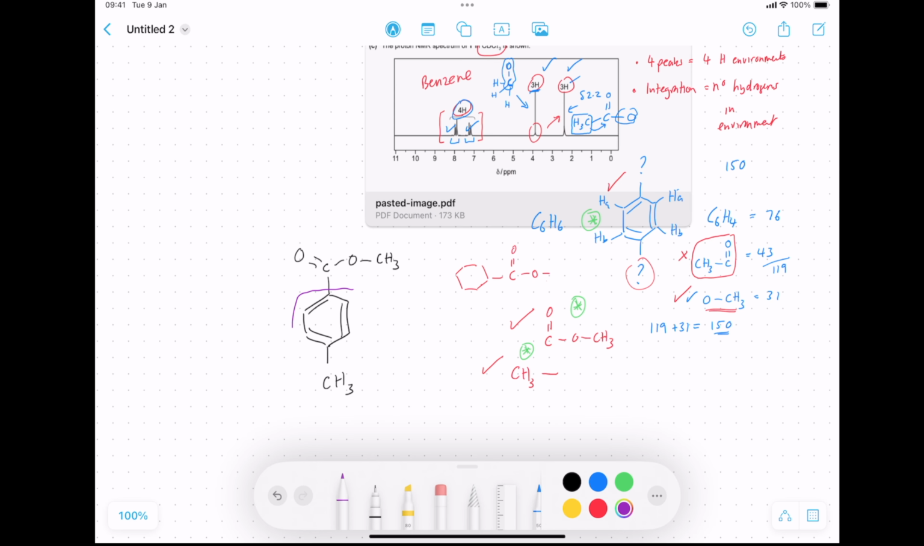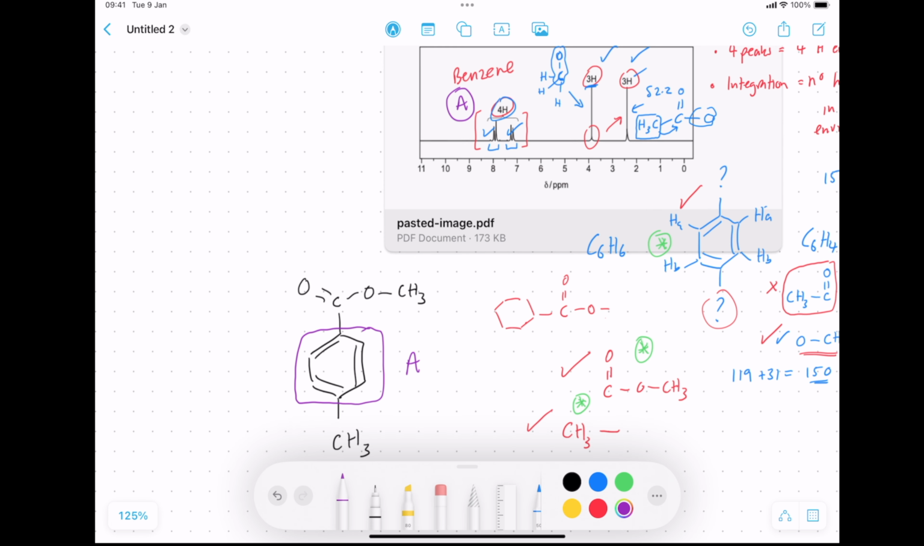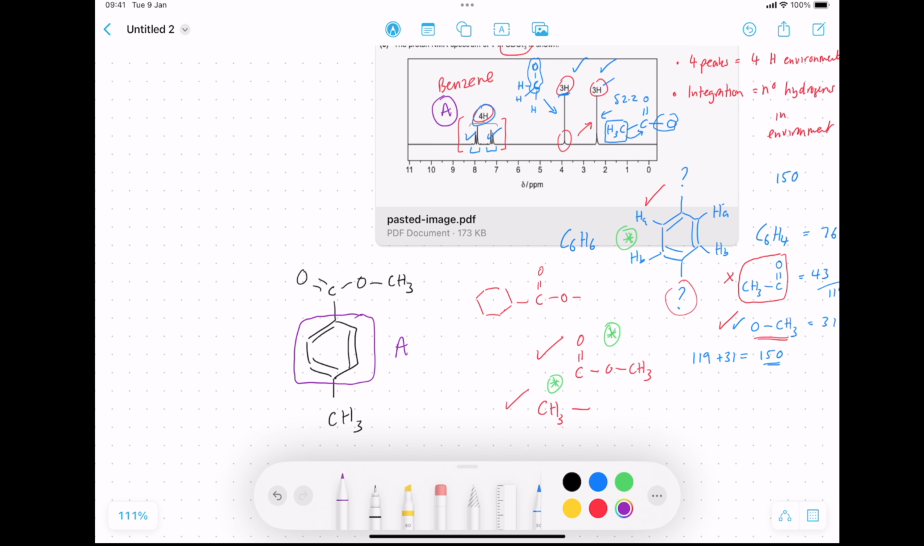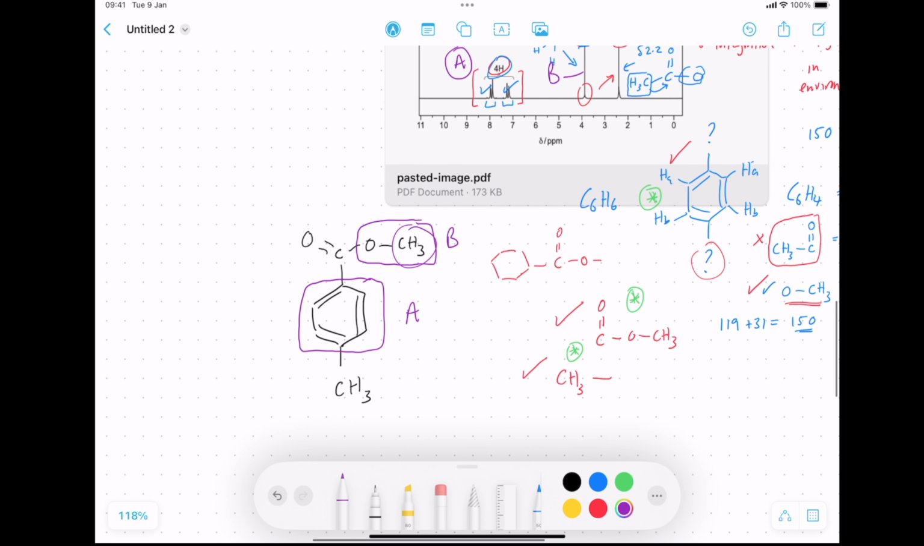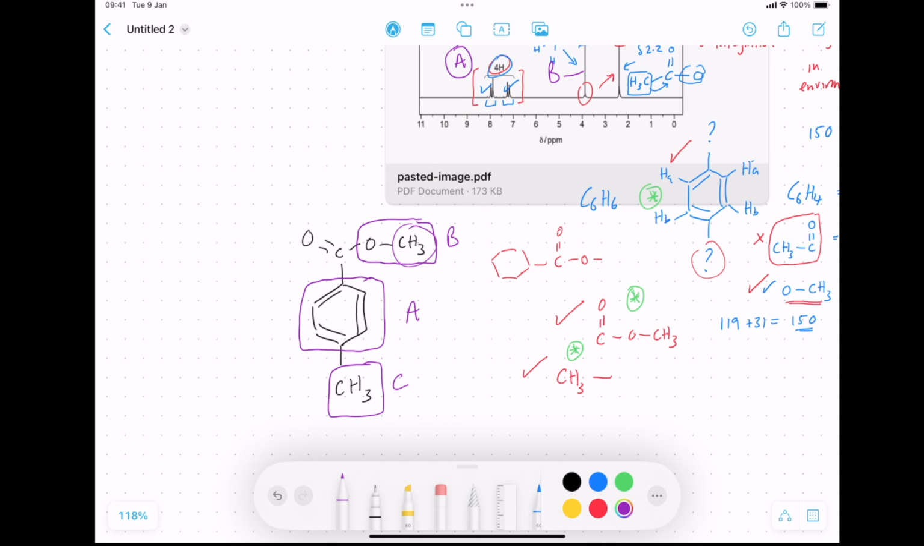So this box here is the benzene ring. Let's call that A. So that's that bit there, A. Those peaks there, both of them. Then the ester part with the OCH3, that's the second environment. Well, it's actually that bit. Let's call that B, is definitely that one there. Then the last one, the peak at 2.1, 2.2 is going to be this one, C,